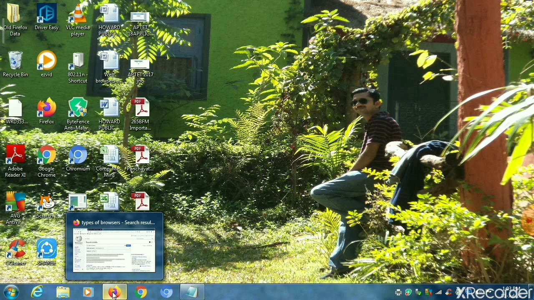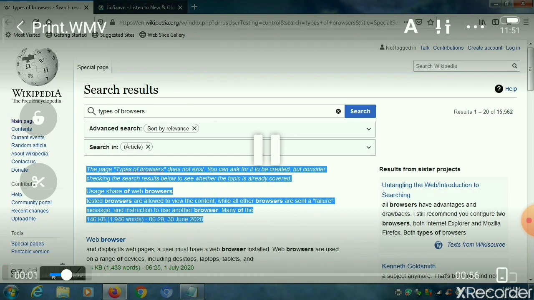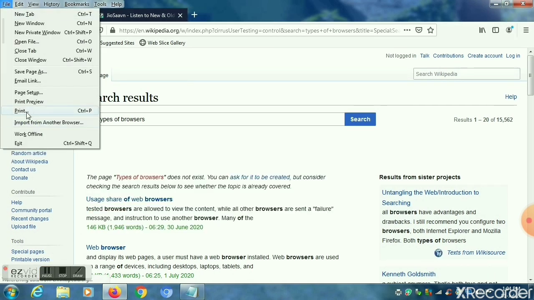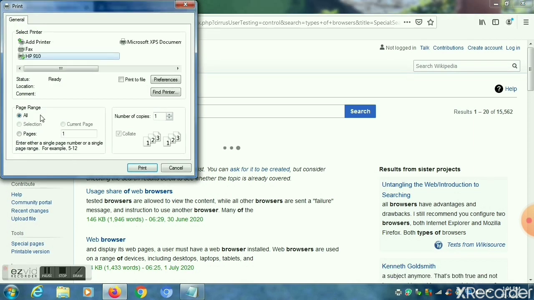The first topic is printing a web page. For this, first open any one of the browsers. I'm in Mozilla Firefox now. Select any web page, and then go to the File menu at the top of the screen. Once you open the File menu, you will get Print. Click on Print, and a print dialog box will appear on the screen.